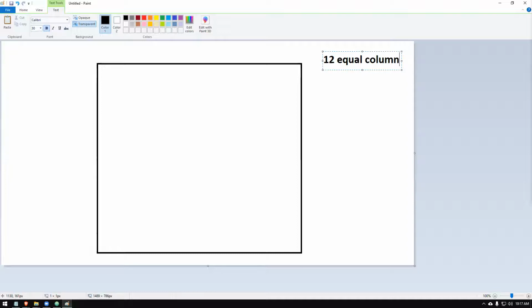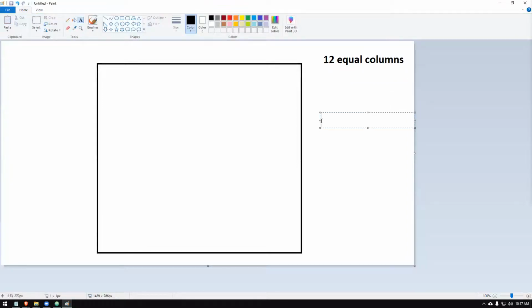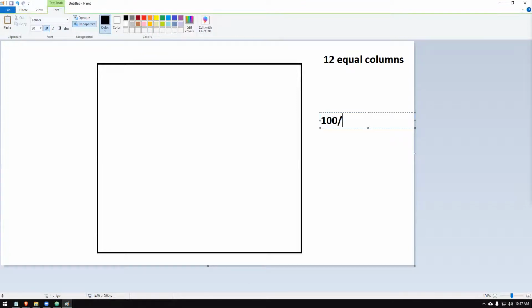First of all, that you need to understand. 12 equal columns. So if you divide 100 by 12, the answer is 8.3333, like so. They are using that as a percentage. If you're not sure, I can show you that.